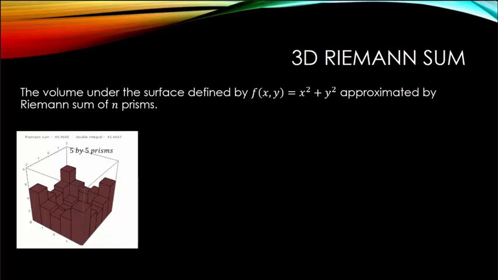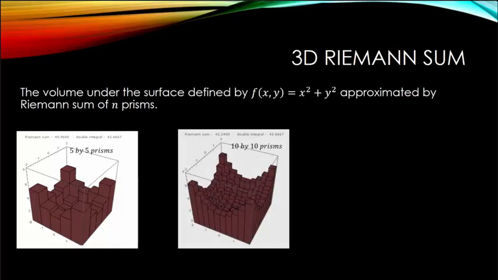40.96 square units. But the double integral, if I were able to construct it, would give me an exact value of 42.6667 square units. So you can see that there's quite a difference between the Riemann sum with 5 by 5 prisms and my double integral. So let's increase the number of prisms. Let's go to 10 by 10 prisms in the same region. My Riemann sum is now 42.24. That's getting closer to my exact value of